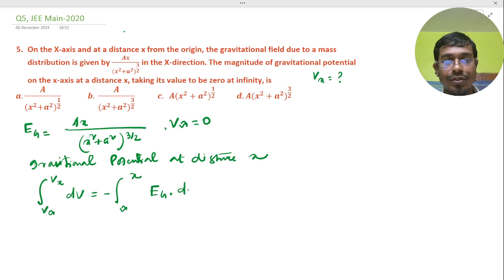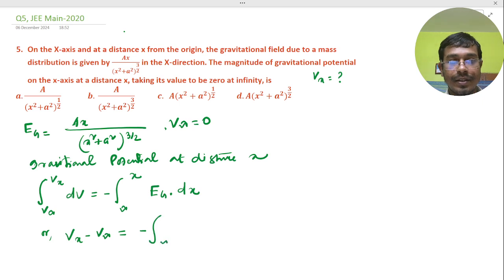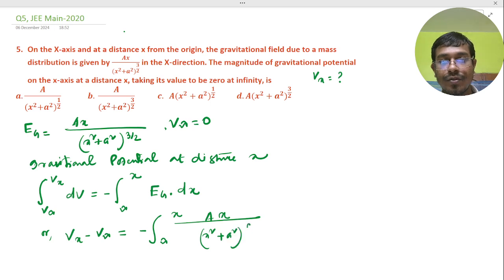So just calculate upper limit minus lower limit, put this value Eg given in the question, a x by x square plus a square to the power 3 by 2 into dx, and just integrate here and you get the value,